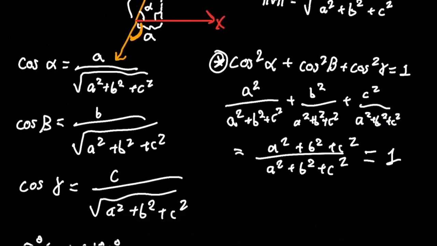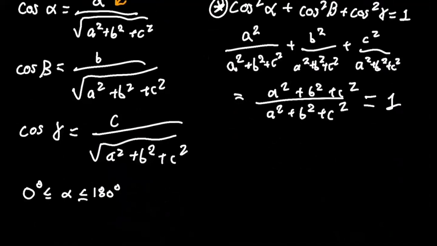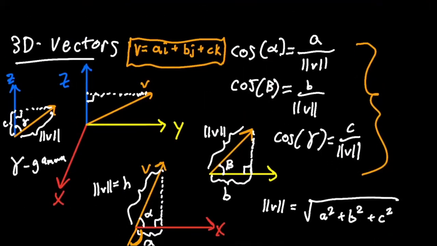Finally, we can write out vectors and describe them in terms of their angles and magnitude. So up here we have our vector written in terms of components. To write our vector with angles and magnitude, we can,